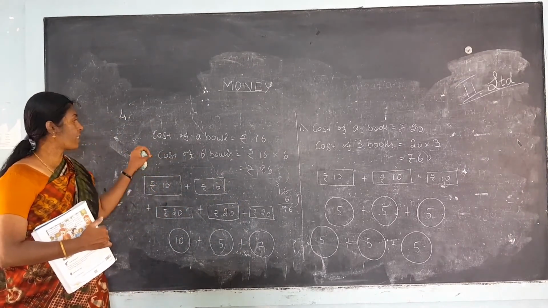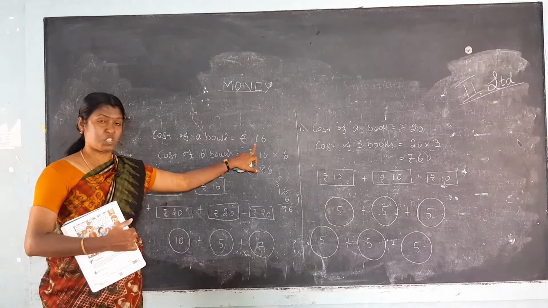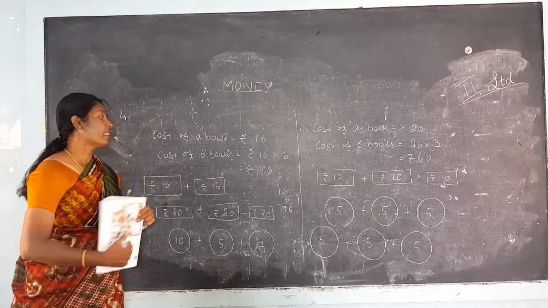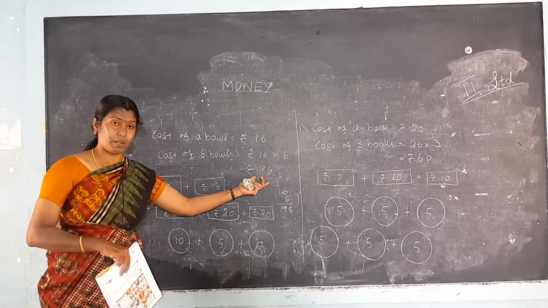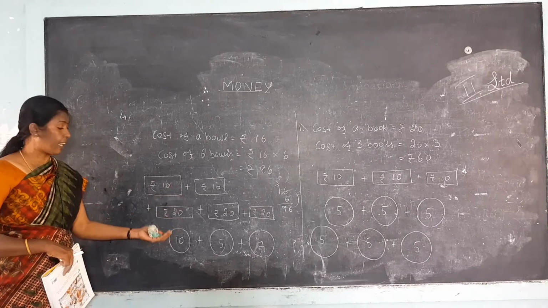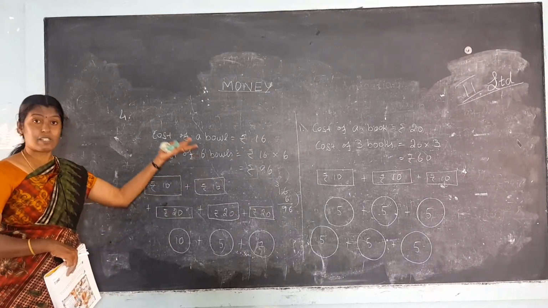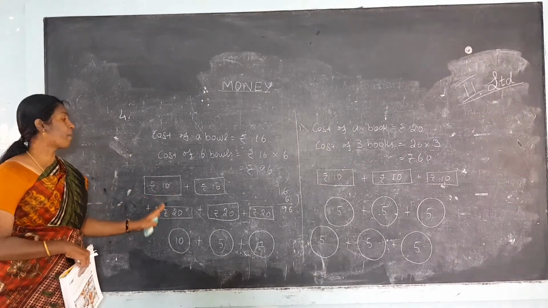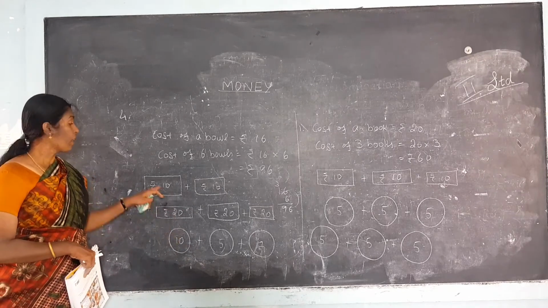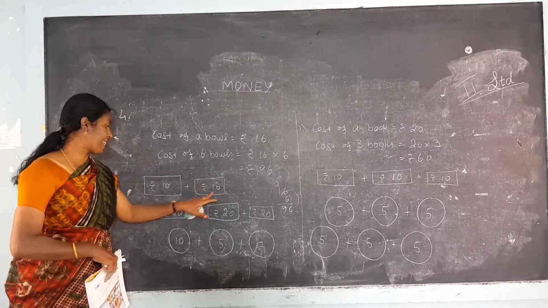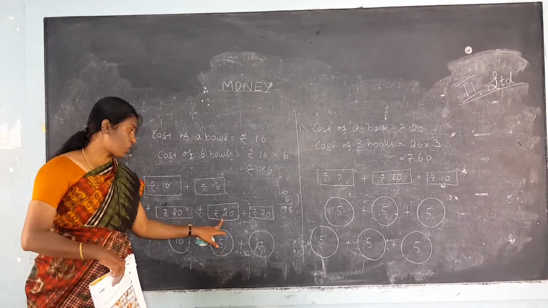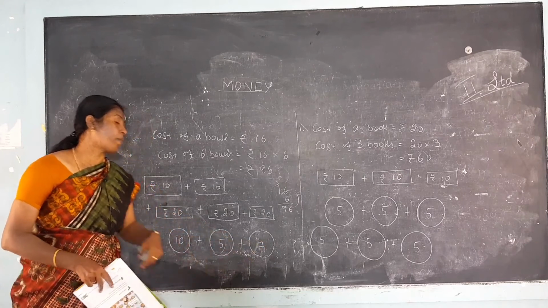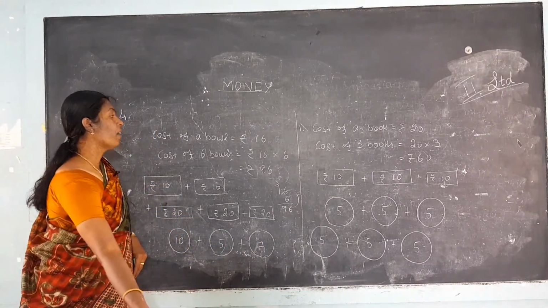Okay students, first you see here, the cost of a bowl is 16 rupees. The cost of 6 bowls is equal to 16 into 6, that is 96 rupees, and we have to take the denominations of 96 rupees. We can take anything: 5 rupee coin also, 10 rupee coin also. I am taking 10 rupee and 20 rupee. 10 plus 10, 20, 40, 60, 80, next 90, 90 plus 5, 95 and 95 plus 1, 96. Do you understand, students?